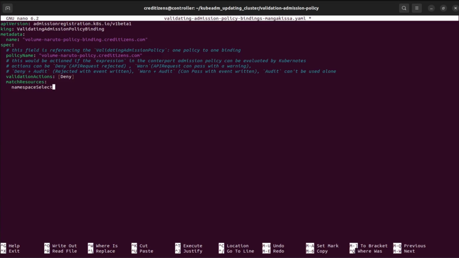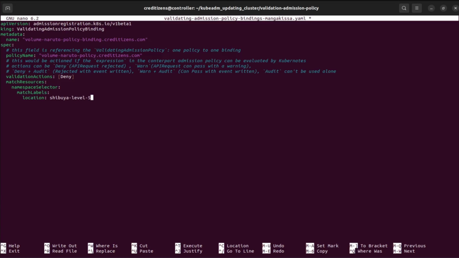So what is triggered first will be this file, the policy binding. Only if it is triggered. So here, for example, only if this namespace selector is triggered. So if a user tries to deploy a resource in a namespace having the label location Shibuya level 5,